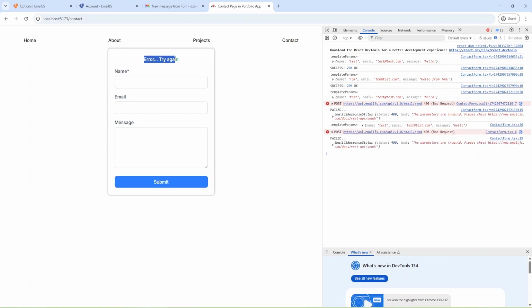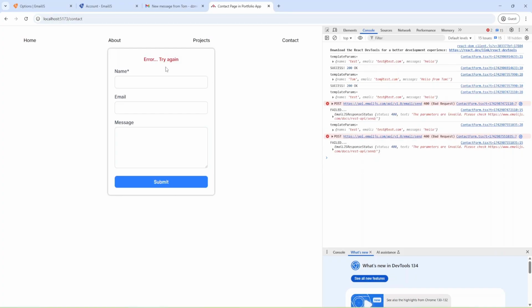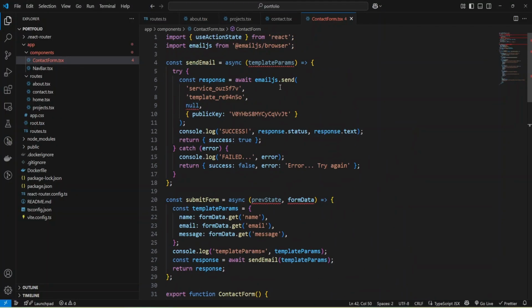Okay, and now we have error. Try again, and we can change text to red, color to red. Let's check. Okay, we have a red color, and we have errors, and now I can return my template params.